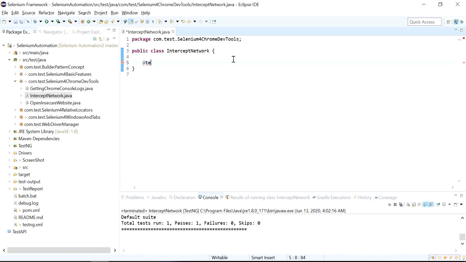So I'll say @Test, or let me demonstrate everything in the test this time. So this is the test method, and here I'll say public void verifyInterceptNetwork.